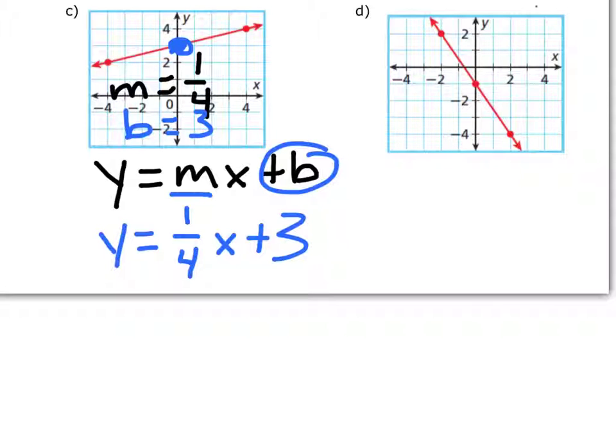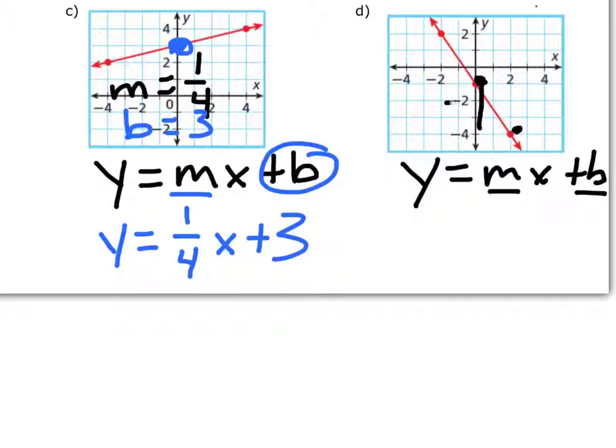Okay, let's check your answer to this one. Once again, I want to put it in the form y equals mx plus b. First I've got to find the m, and then I'm going to find the b, so I'm going to find the slope of this line. I'm going to pick these 2 points again, and I'm going to go down 1, 2, 3, so I went down 3, so the rise is negative 3. Now the run is a positive 1, positive 2. Slope is rise over run, so in this one I'm going to have y equals negative 3/2